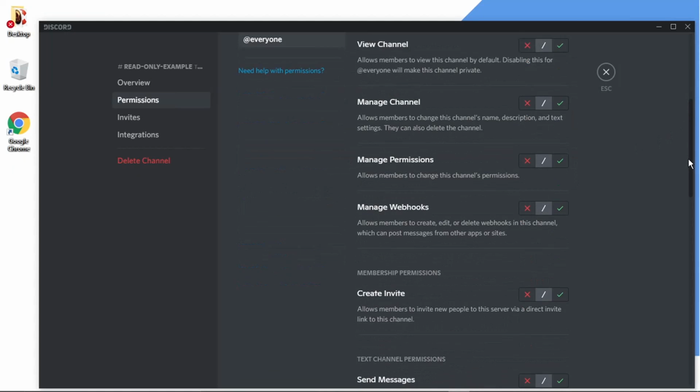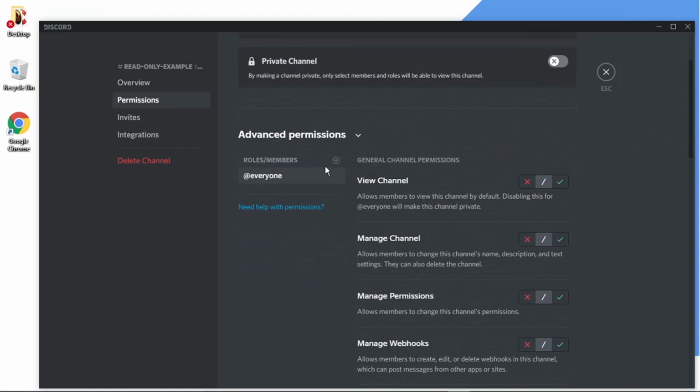So first of all, you're going to see here on the left-hand side, it's got roles, members, and you want this selected to @everyone. This just means that whatever permissions you set applies to everyone on the server, apart from obviously yourself being the owner. And all you need to do is literally come down, make sure you go set to @everyone, and then you just want to come down